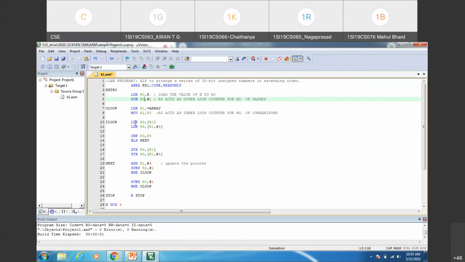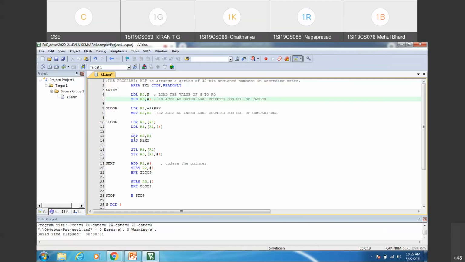Okay. Then we have used two LDR instructions since we have to fetch two consecutive data from the array. R3 and R4 are the registers which are holding that data, and we have used the pre-index method to fetch the data in the first two consecutive locations in the array. Then we are comparing those two elements, R3, R4.